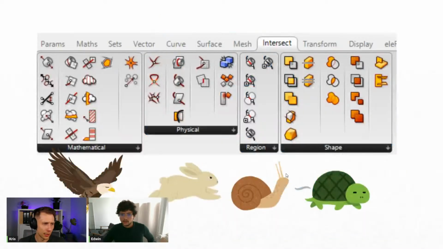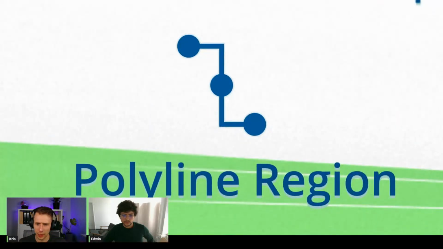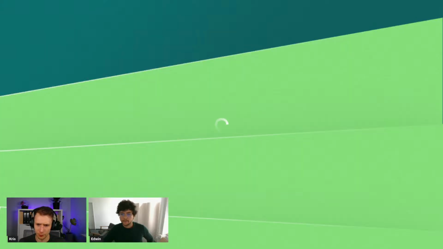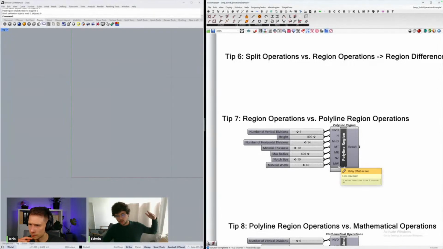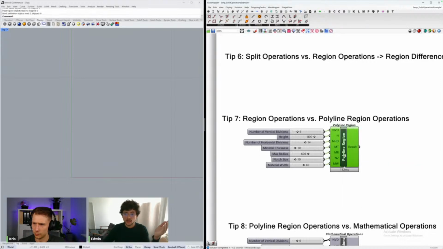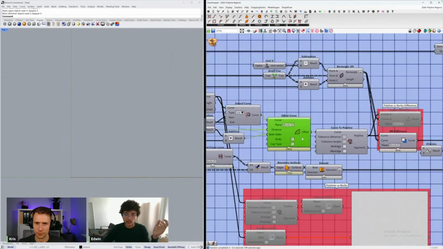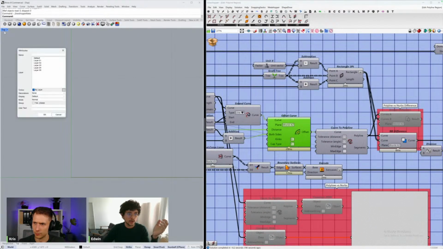Cool. And the next one, when we talked about the region, about the polyline, right? Correct. So right now we worked still with NURBS curves, so they are not polyline curves. But if you don't need as much precision, which was basically what Kris was saying at the beginning with tip number 2 about the curves, then you can use polylines, and polylines are way faster to compute. So in this case, before I do anything with my curve, I'm converting it to a polyline.